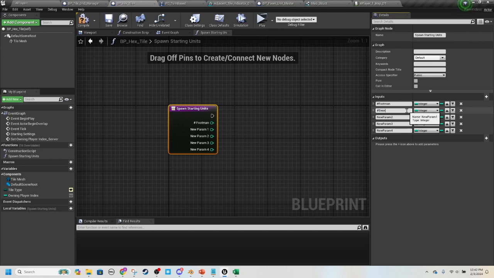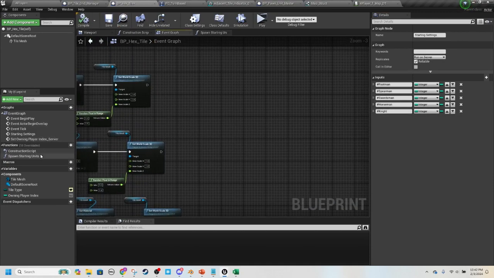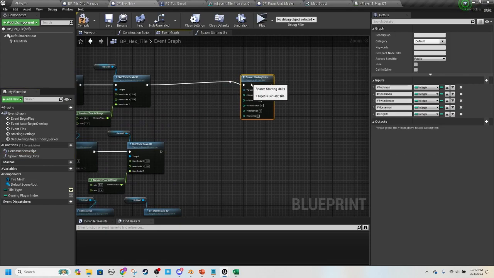number, what order do we go? Spearman, number swordsman, number horseman, and number knights. And back to our event graph, we will drag this function in, and